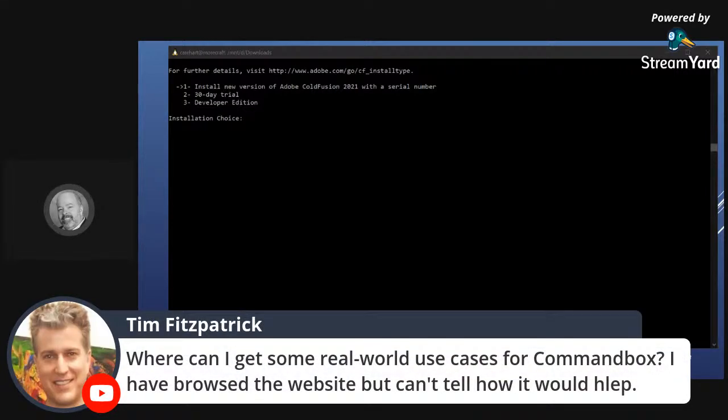Where can I get some real world UK CommandBox? I browsed the website, can't tell how it would help. Let me just say this about that. So again, A, we've had past presentations here on it. B, the Ortus site has CFcasts, and in CFcasts, they've done multiple videos on using CommandBox. But I agree with you that